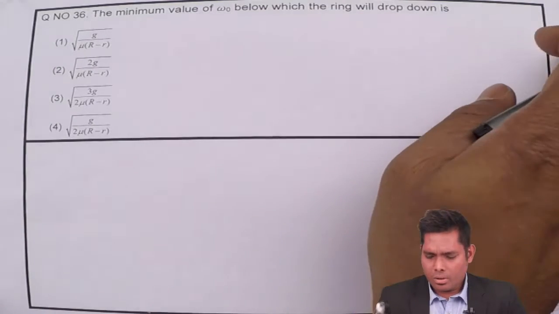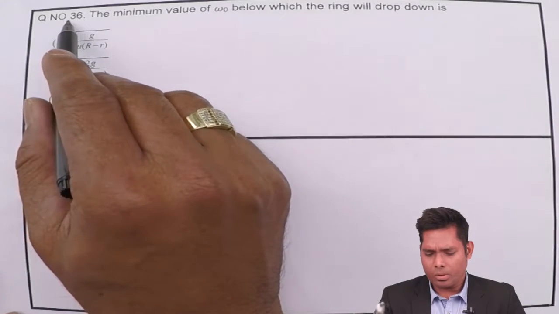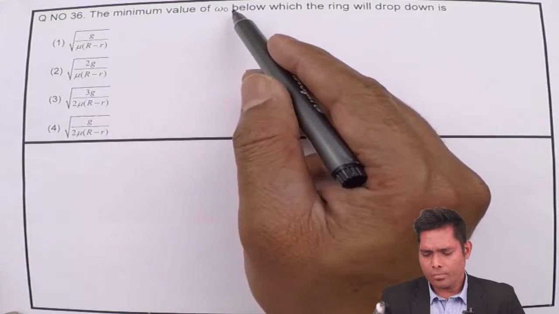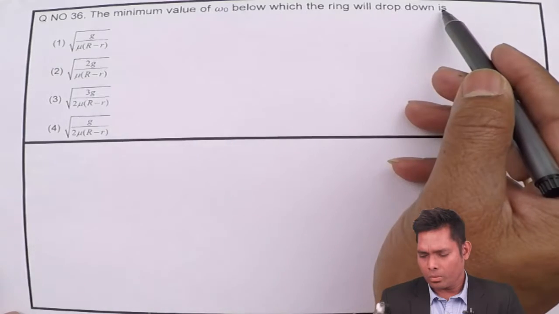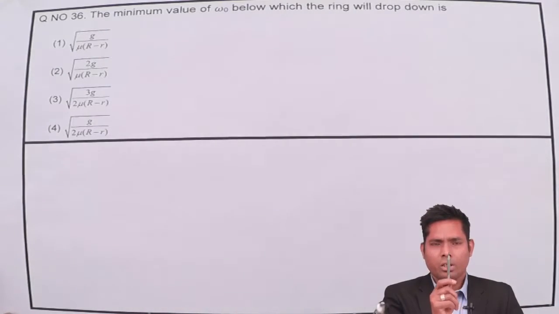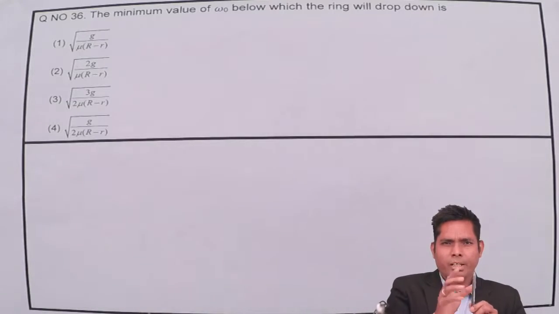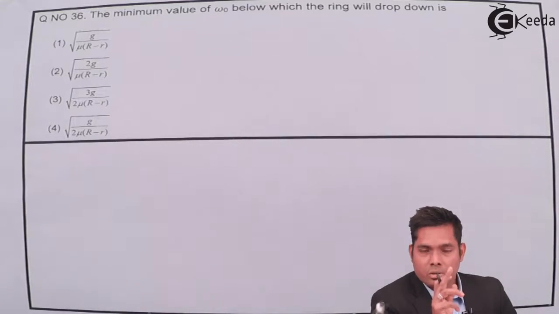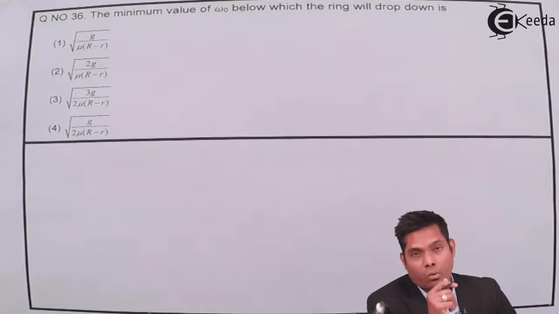Students, the question is, this is the last question of this paper, the minimum value of omega naught below which the ring will drop down. That means if the ring is not falling down, its weight has to be balanced by some force, that is the vertical force. And what balances the vertical force? So obviously it